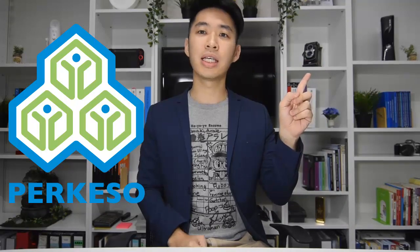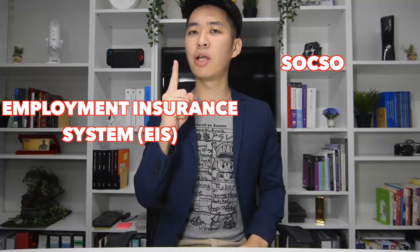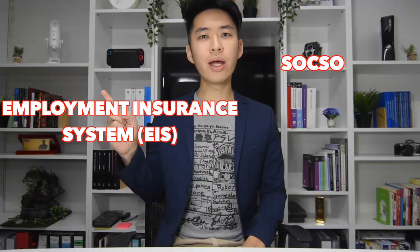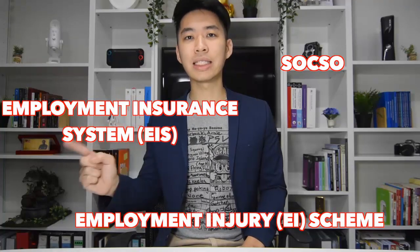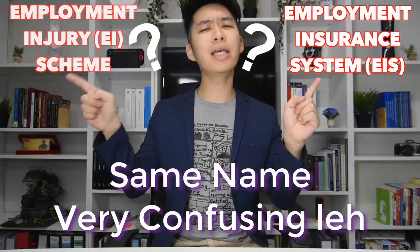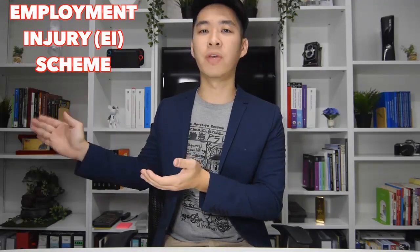We have three types of products under Socso now. The first one is the Socso that we pay every month. The second one is the Employment Insurance System, EIS. The third one is the Socso for foreign workers. They call it the Employment Injury Scheme, EIS. So the short form confuses a lot of people, so please take note. In order to avoid any confusion in this video, I'm going to call this the EI scheme throughout the whole video. On 1st January 2019, the EI scheme will replace the Foreign Worker Compensation Scheme,